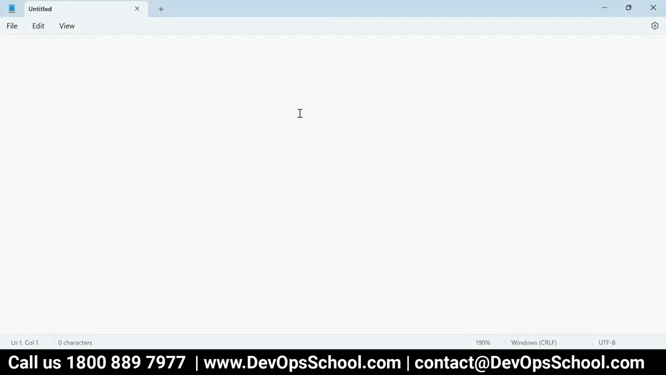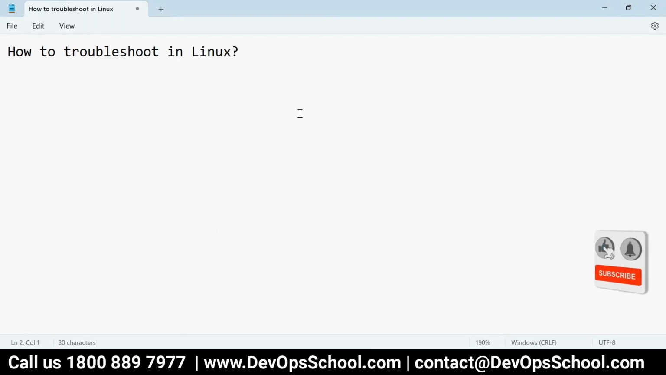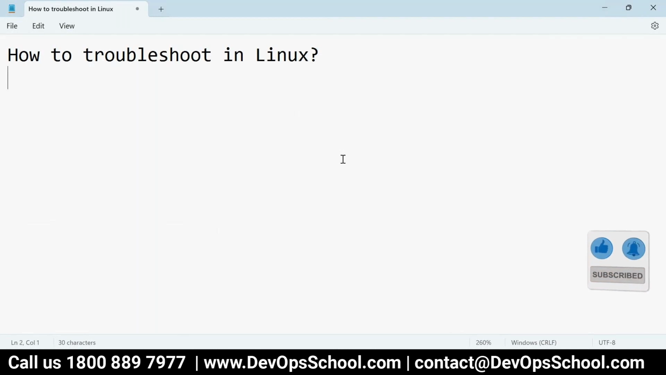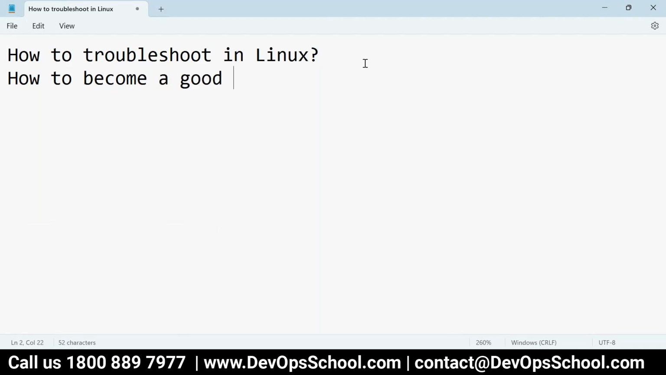Okay, so how to troubleshoot in Linux? See guys, in DevOps, you have lots of setups, lots of servers you will be managing, applications you will be having, and most of the time you'll have everything in Linux only, right? And Linux troubleshooting is more or less like administrator work, how to become a good administrator. So that is up to you how you want to call it, how to become a good Linux admin